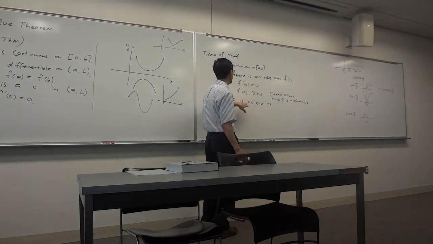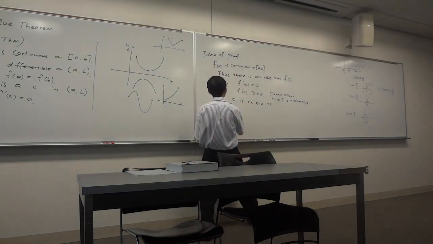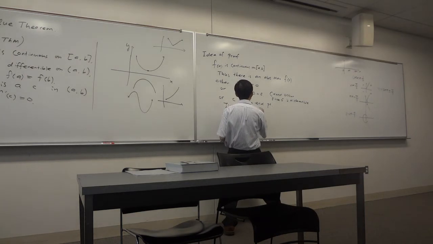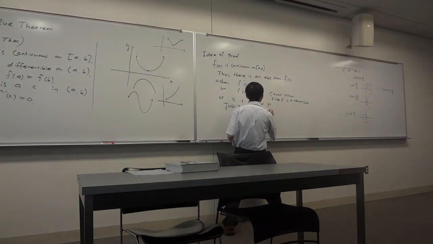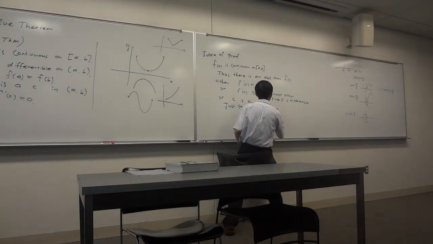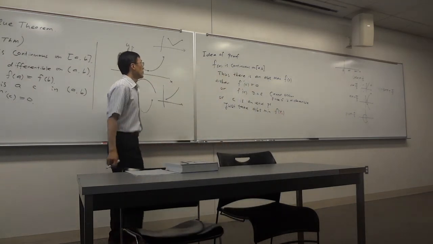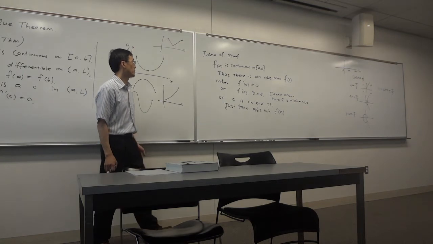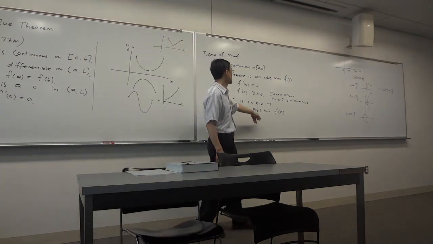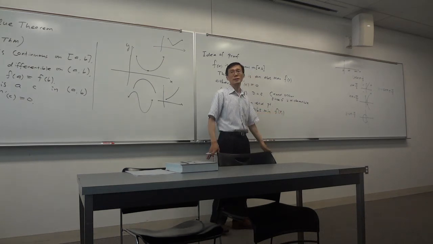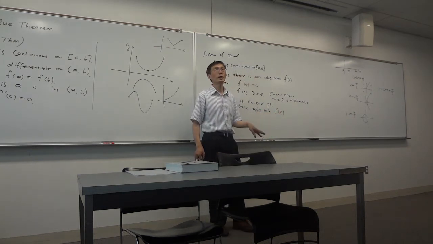This case cannot happen. For this case, you just retake C. You take a different C. You take absolute minimum instead. And you call this FC1 maybe. Okay. Well, because then this cannot be A or B. It cannot be endpoint because it's absolute minimum, because FA, FB are already at maximum. So C1 has to be inside.